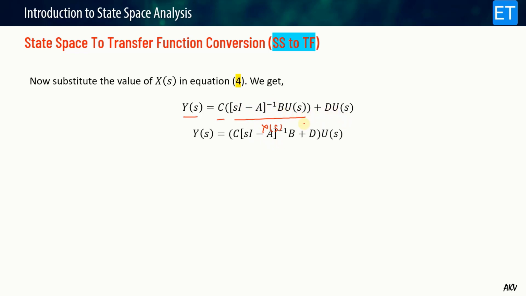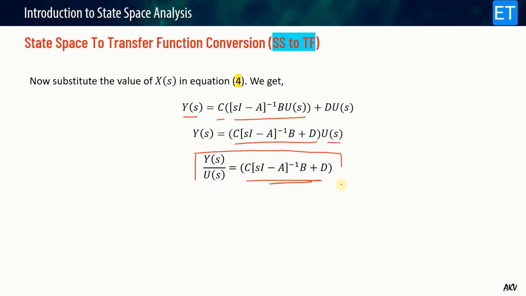From here you can take U common, so the remaining part is only this. Now take U(s) to the left side. So this becomes Y(s) upon U(s) equal to C (sI minus A) inverse into B plus D. Obviously this is the relationship of the ABCD matrices,